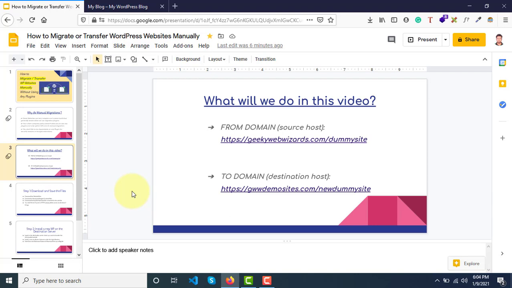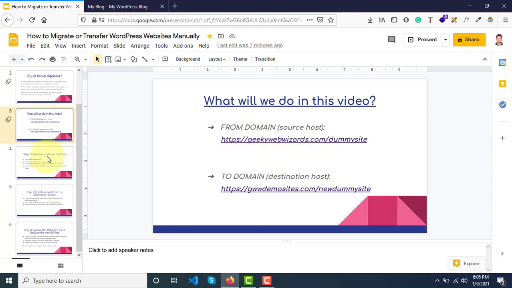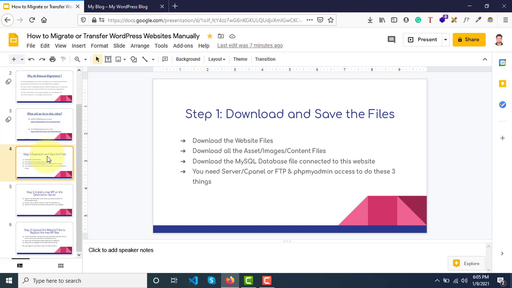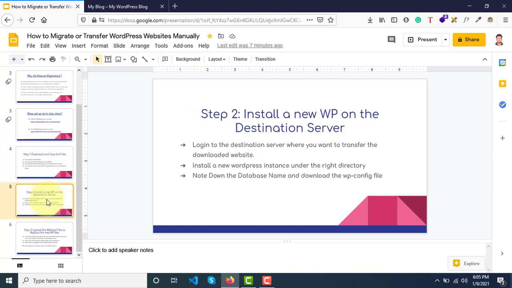So what are the steps that we need to follow in this process? First, we'll go to the server from where we want to migrate and download all the files. I have framed three steps under which you can differentiate the complete process.